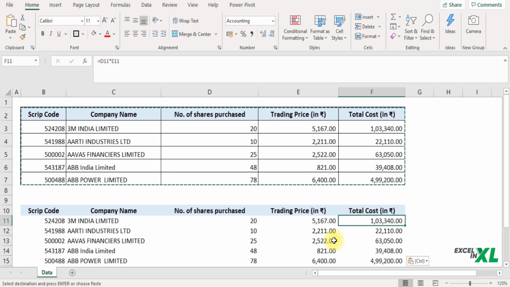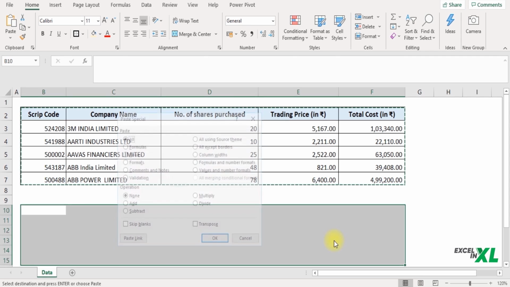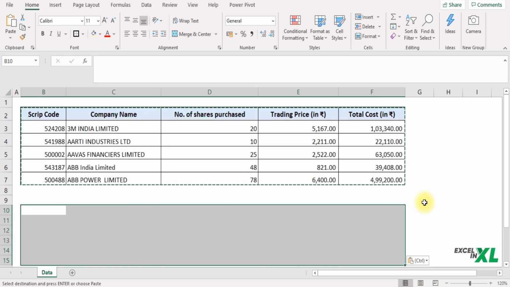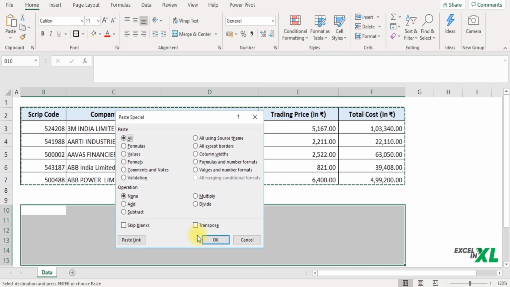So this option helps you to paste everything except for the borders. The next option is the column width. If you only want to paste the column width without any data, formats or formulas, you can use this option. Once you click it and click OK, it would paste only the column width.